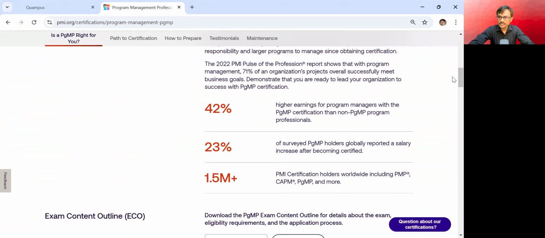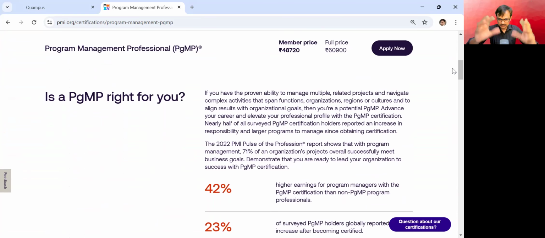Now, first and foremost thing is, should I do PGMP certification? That's the most important part before we get into the details. My personal opinion is that each certification is not meant for everyone. Each certification has its target market segment. The PGMP program is designed for those individuals who are doing strategic program management. The individuals who want to differentiate themselves from project management, they want to add the next level of competency in their profile. So in our class, we find people who are doing program management and they want to validate their skill